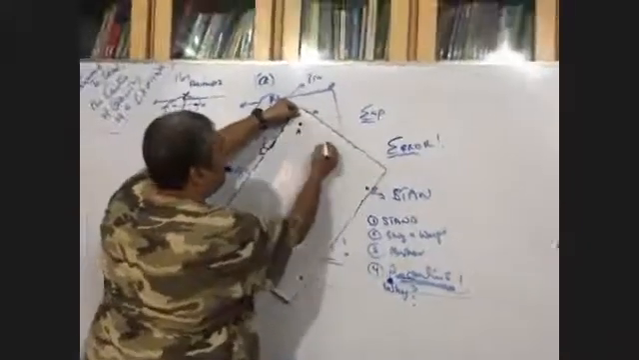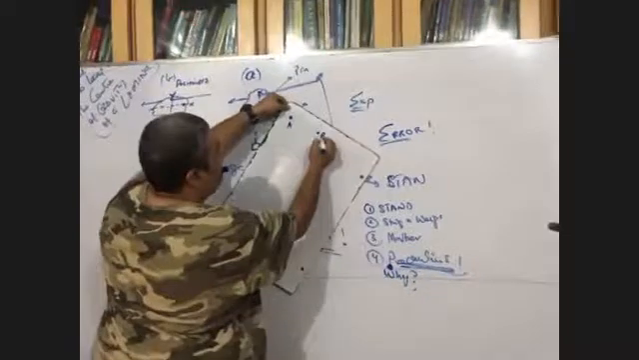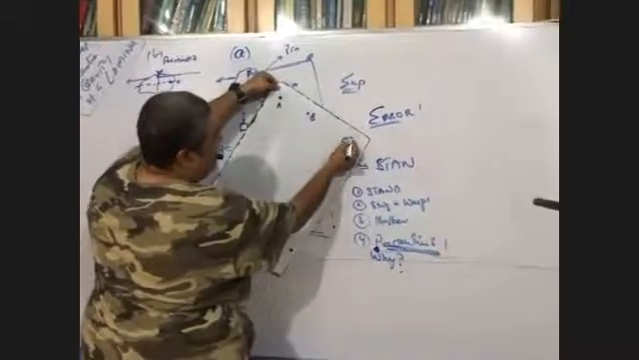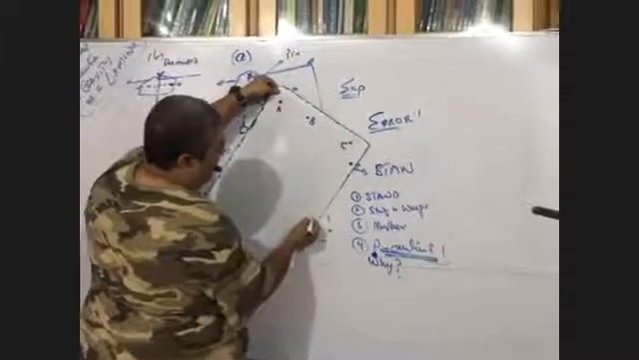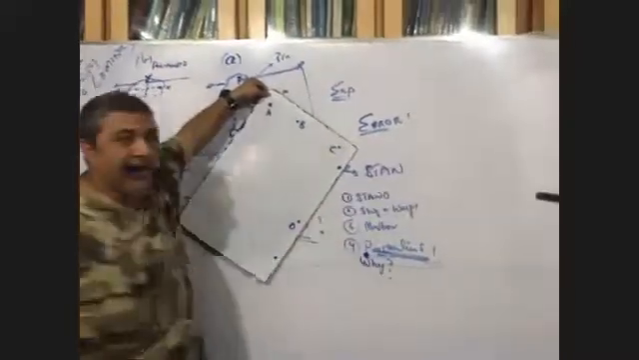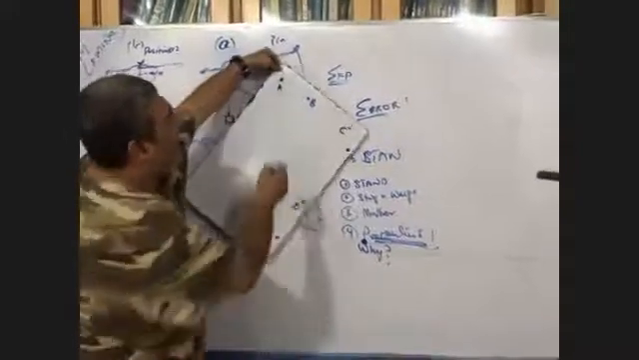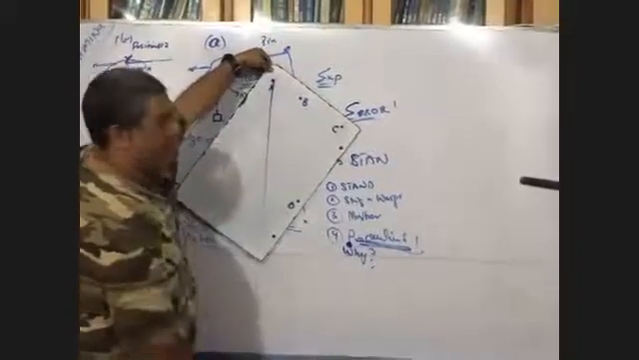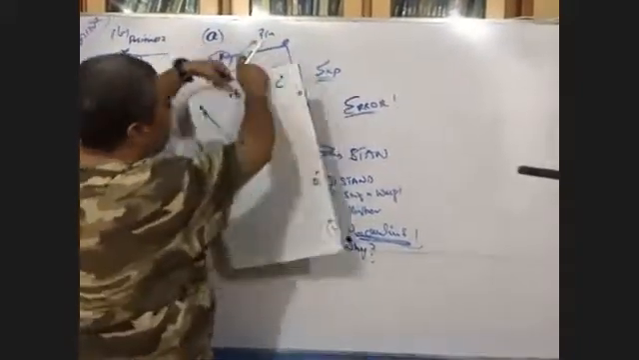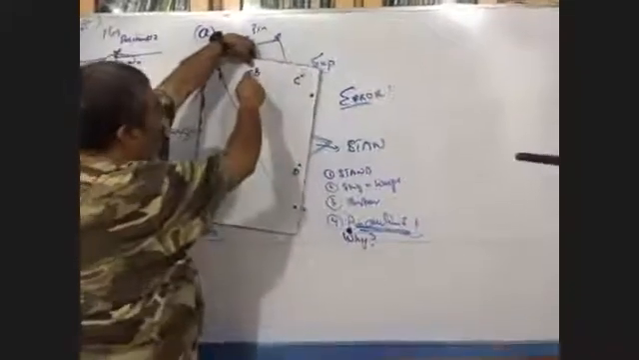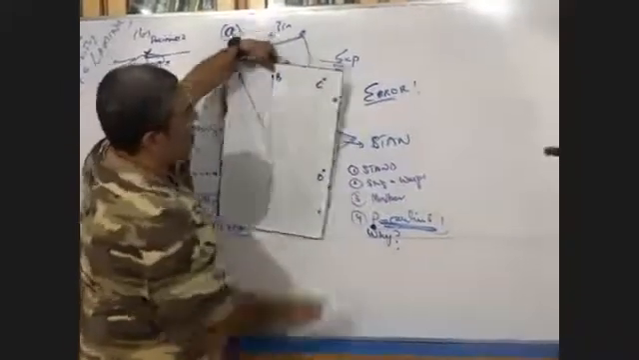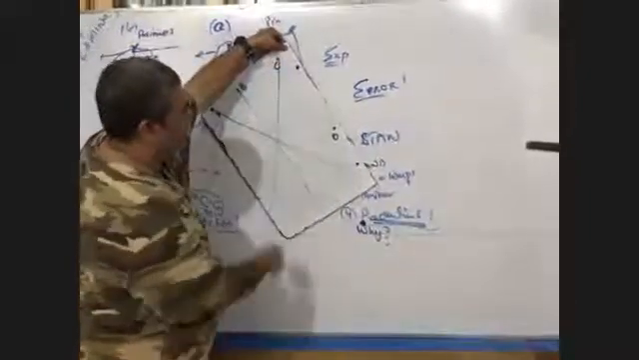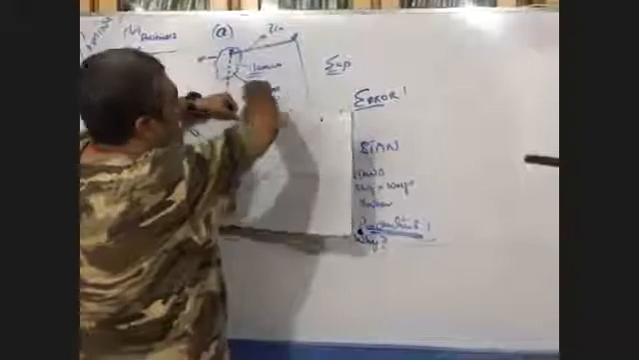Put it here: A, B, C, D. I hang it from A, it goes like this. I hang it from B, it goes like this. I hang it from C, it goes like this. I hang it from D,